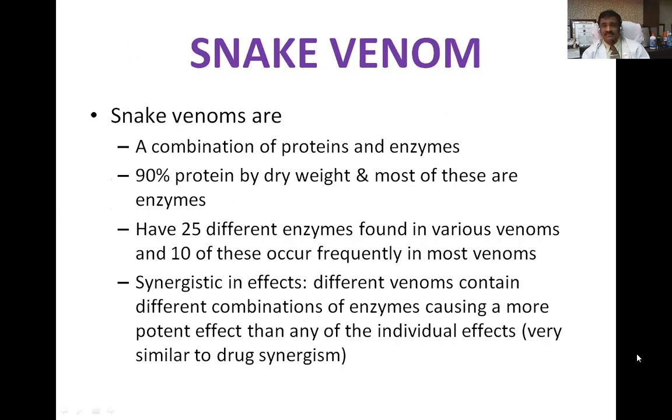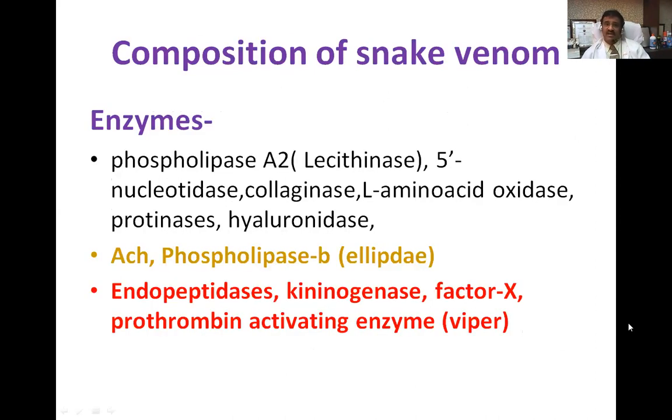The snake venom has a combination of various proteins and enzymes. 90% protein by dry weight, and most of these are enzymes. Almost 25 different types of enzymes are found in various venoms. 10 of these enzymes occur frequently in most of these snake venoms. And these enzymes, in combination, cause a more potent effect than any of the individual effects. Composition of snake venom has to be understood for the purpose of understanding the toxicity of snake venom, because they contain